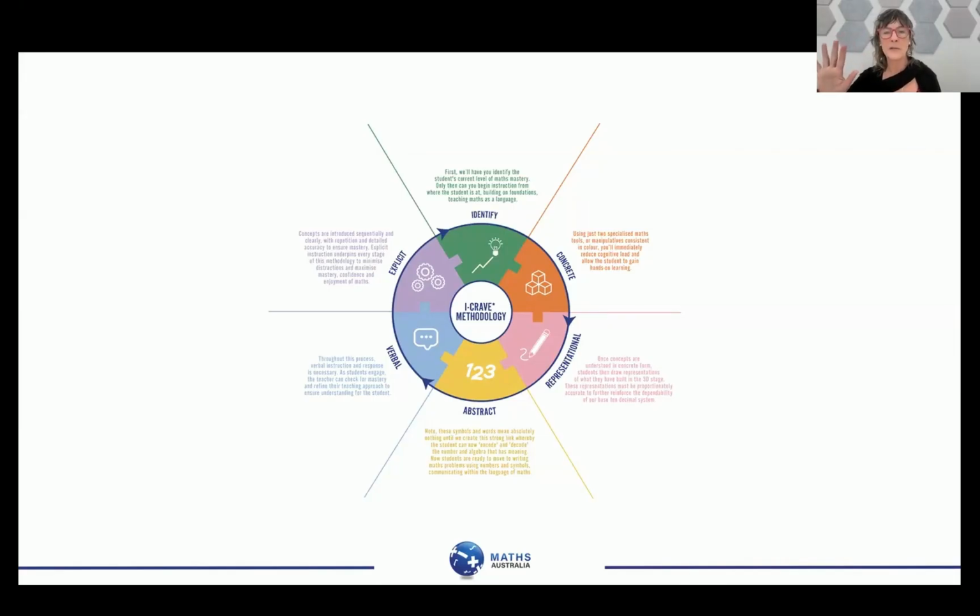The representational piece brings the three-dimensional onto a two-dimensional piece of paper. It must be proportionately accurate. I've seen time and time and time again where the representation isn't accurate. So, our base 10 model is completely dependent on 10 of this being equal to one of these, 10 units being equal to 10, 10 tens being equal to 100. That part is really critical, where when we look at the concrete and the representation and the abstract, there's a congruency between every single part of that.